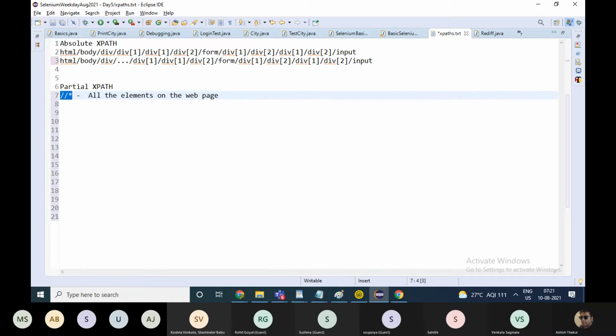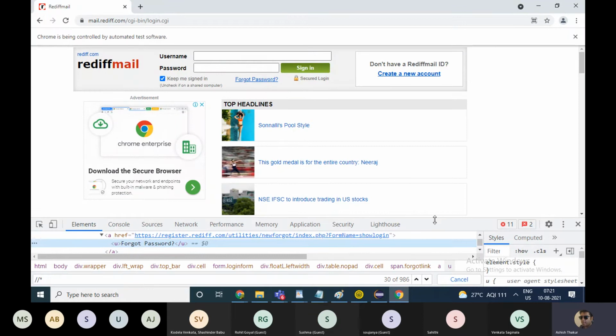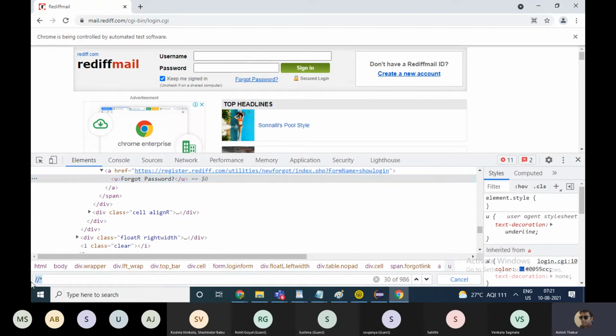So what I was telling you was identification of elements, and you put double slash star.